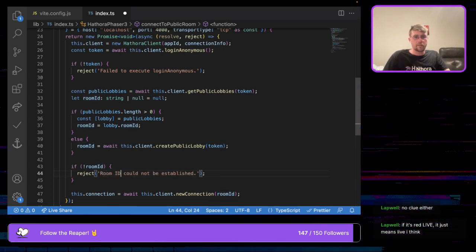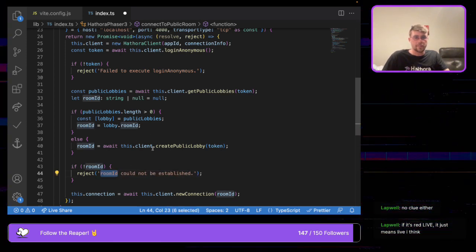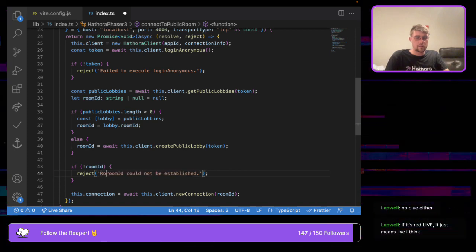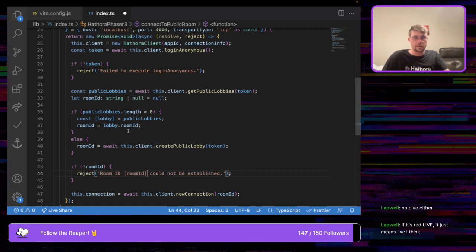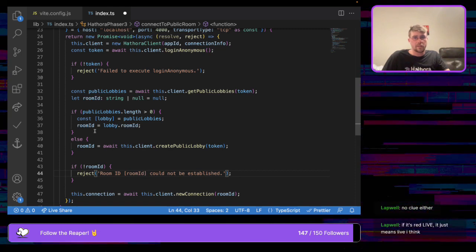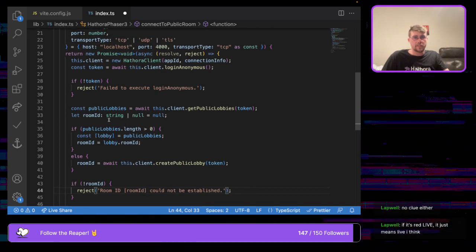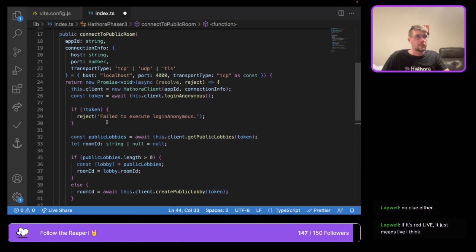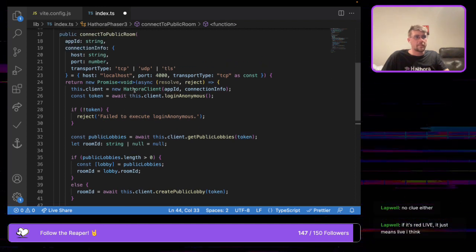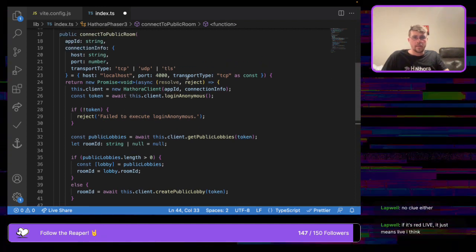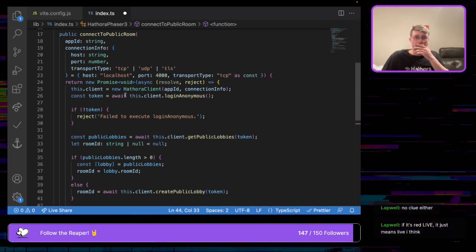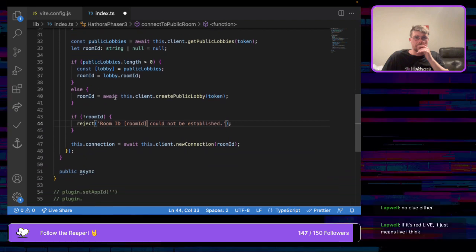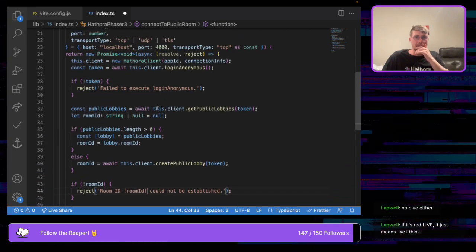Room ID. It knows better with the variable name. Room ID could not be established. There, sure, that seems to make sense in my mind right now. Excellent. Let's see, so we've got resolve, and we haven't used resolve yet. We have used reject twice, but